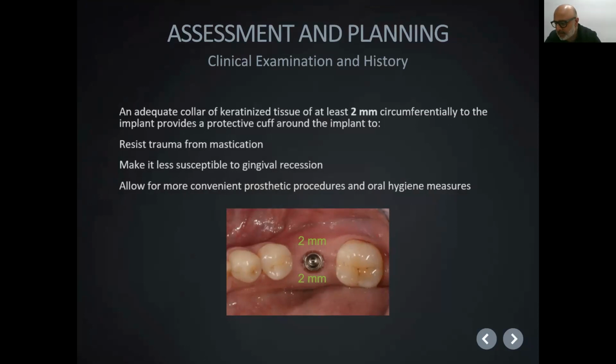Now, there's some papers recently that say that this is no longer the case and that you don't actually need 2 mils of keratinized tissue. I would still say that we stick to that. I've had problems with patients with mucosa around the implant, and it constantly causes irritation and problems, some of them ultimately ending in peri-implantitis. I would suggest we stick with keratinized tissue, and at a more advanced level, we can